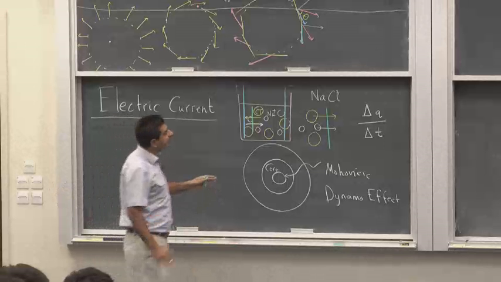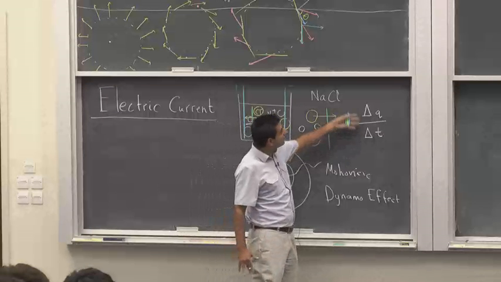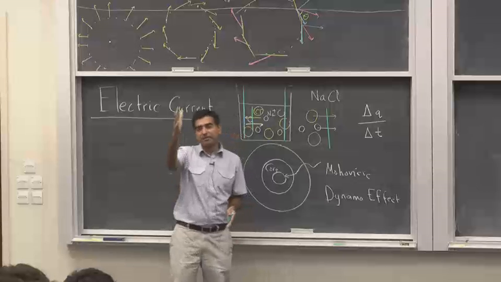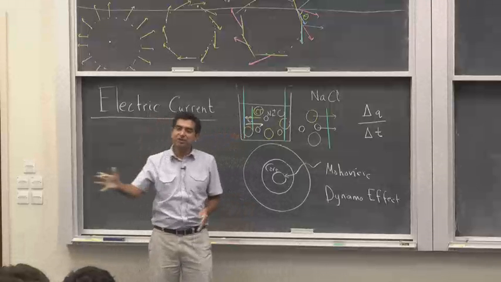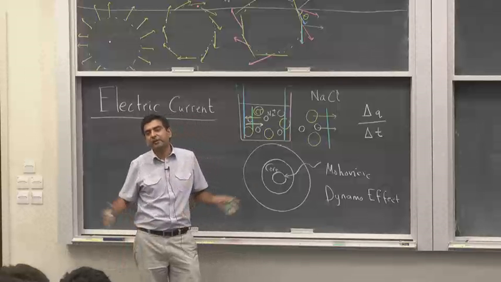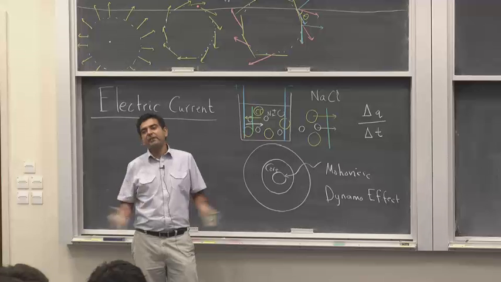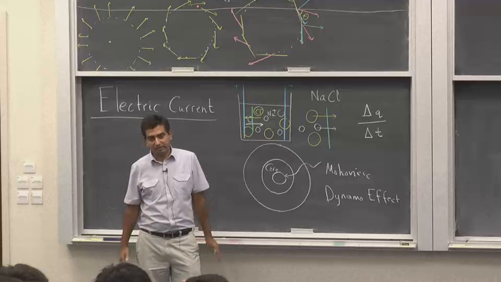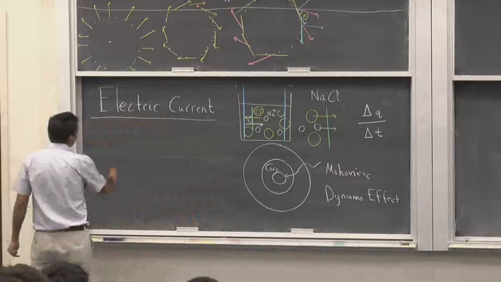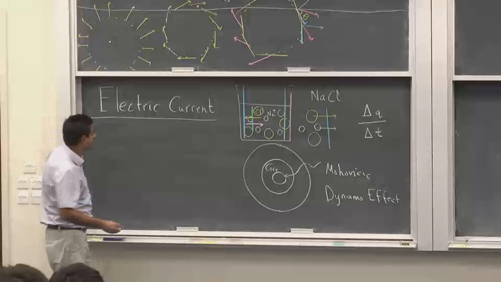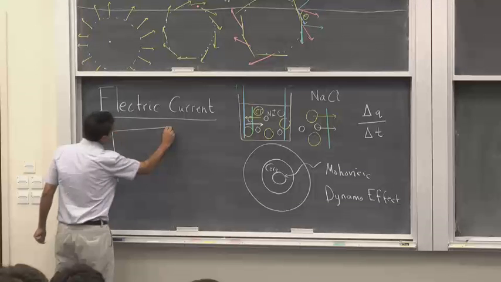And the basic definition of current stems from this idea that you have a membrane or a surface and charges are permeating this membrane, and you find out how many of them pass through per unit time. Now let's quantitatively formalize these ideas a little bit. Suppose I have, and I'm going to focus on metals today, suppose I have some